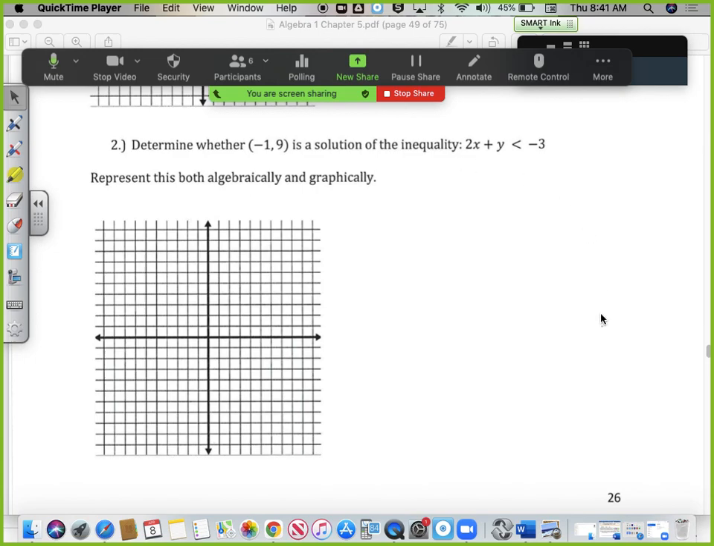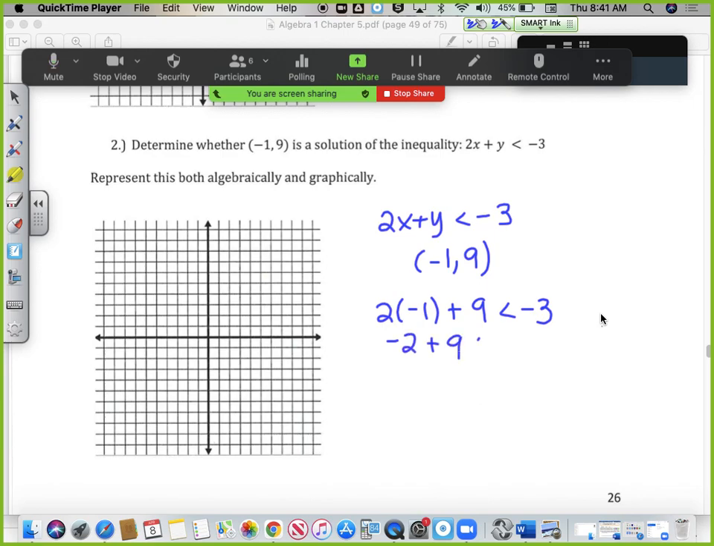All right, so let's go over this and see how you guys did. So first thing we're gonna do, if we're gonna try and figure this out algebraically, is replace -1 for x and 9 for y. When I do that, this is going to say 2 times -1 plus 9, and then we're going to see if this is true or not, if it's less than -3. Well, 2 times -1 is -2, and -2 plus 9 is 7. Is 7 less than -3? No. So I already know from using algebra that this point is not going to be in the solution region